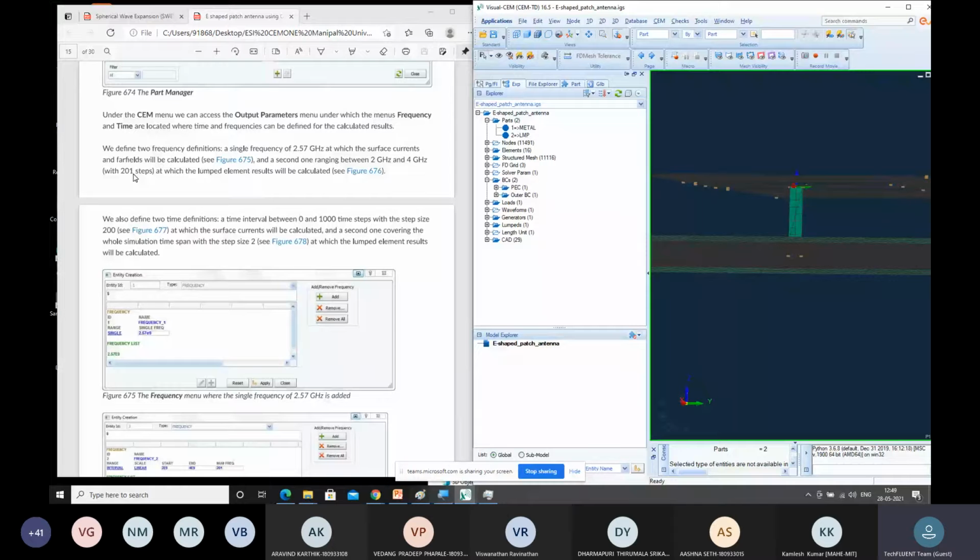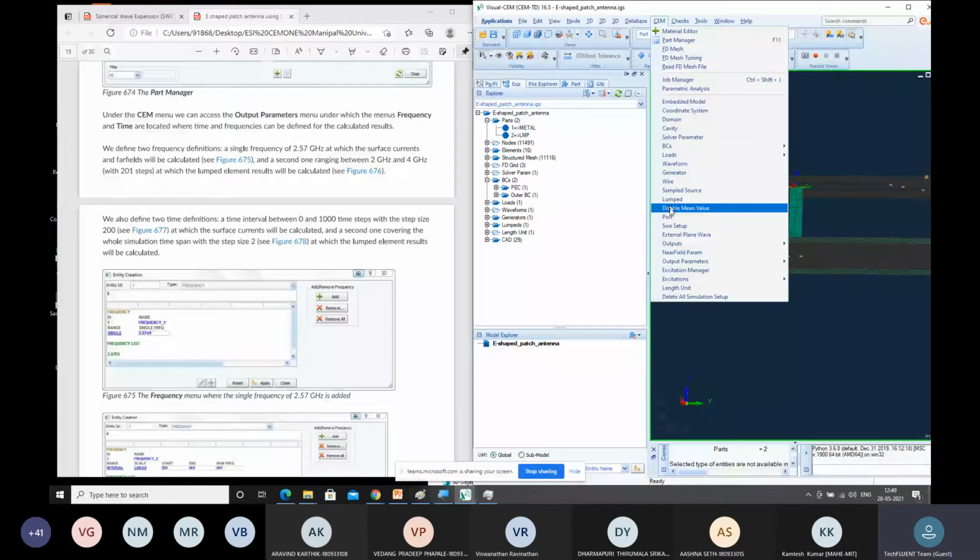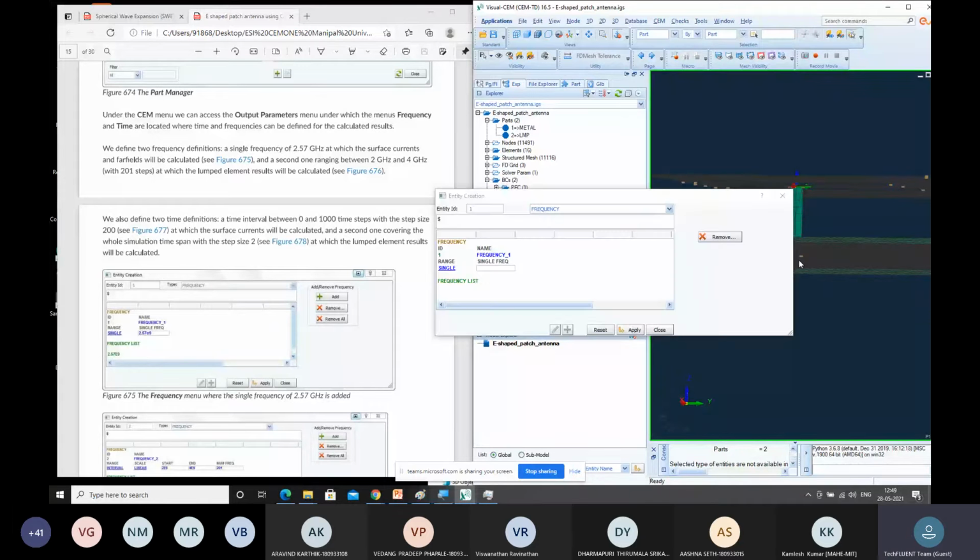So under output parameters, basically, we have frequency and time. On which particular frequencies you want to work with, those frequencies we have to specify. So under output parameters, specify the single frequency first, that is 2.57 gigahertz, and apply.